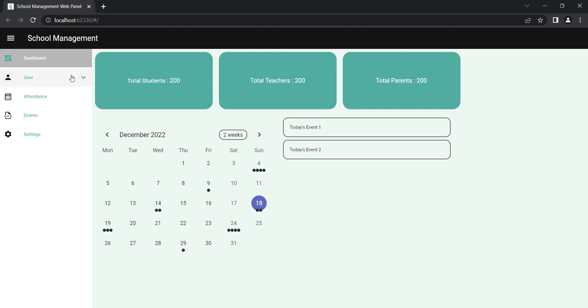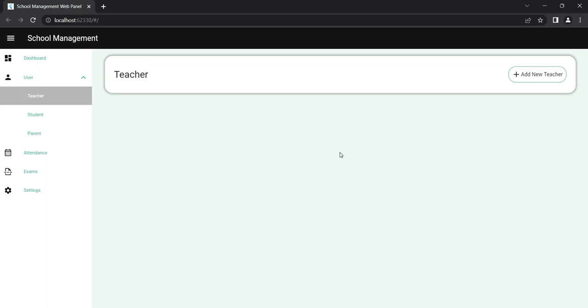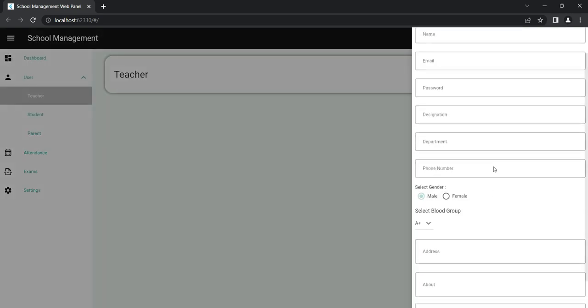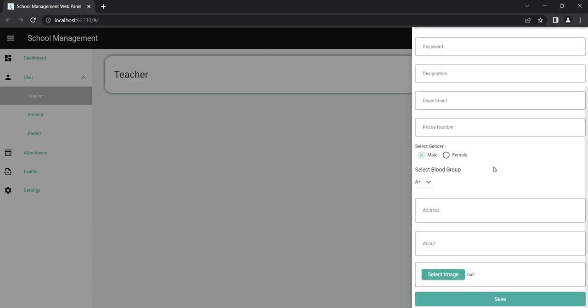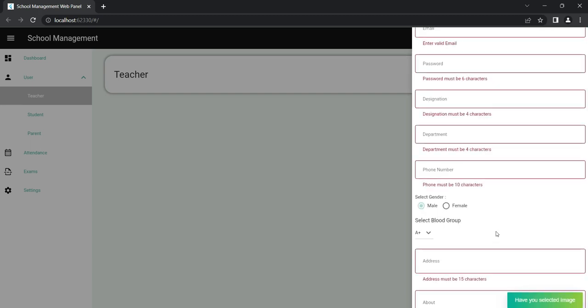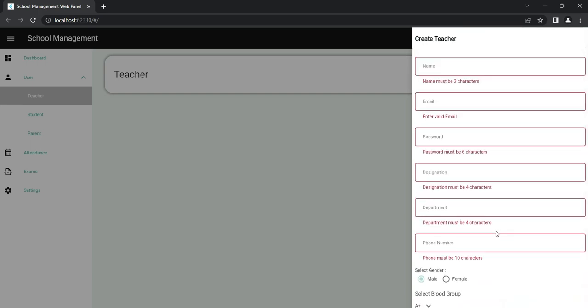First of all, go to the user section, click on teacher and add new teacher. Just click on add new teacher, and here you can enter teacher's data and just click on the save button to upload this data on Firestore. But first of all, if I click on the save button, it will show an error because I haven't added any data about the teacher. So first enter a valid teacher name, it must be 3 characters,